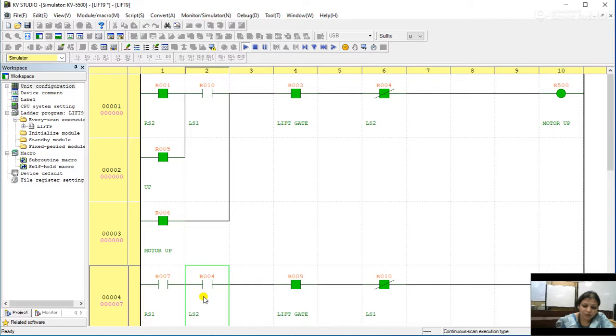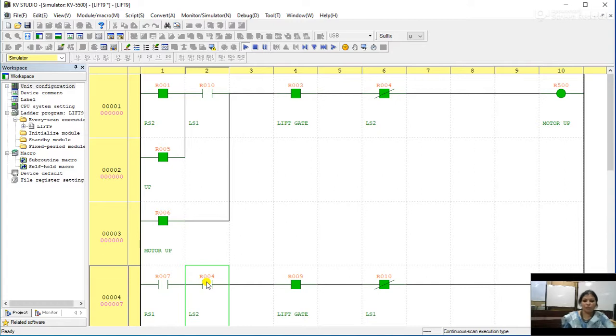Now if the lift gate is on and LS1 is off and LS2 is on, provided either RS1 or else the down switch is on, the lift starts to move downwards the moment RS1 is pressed.